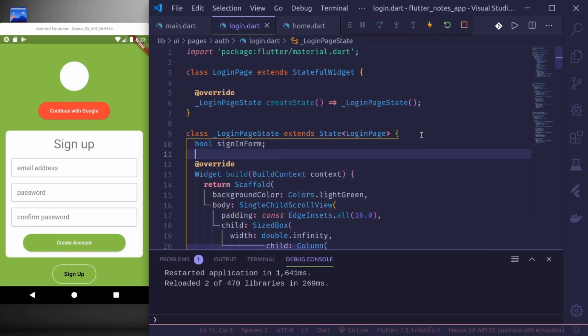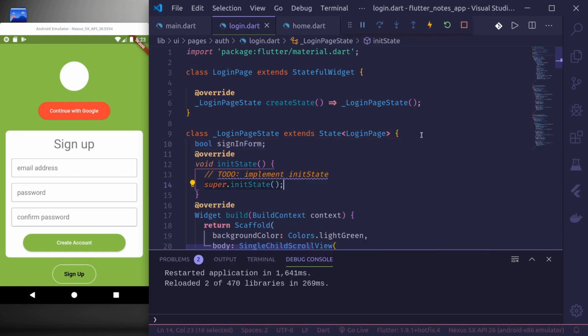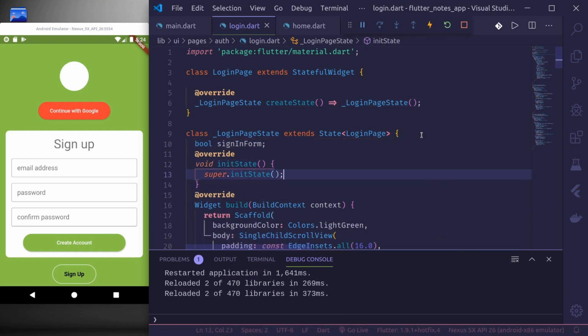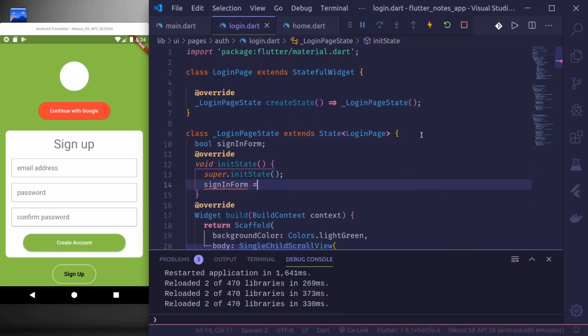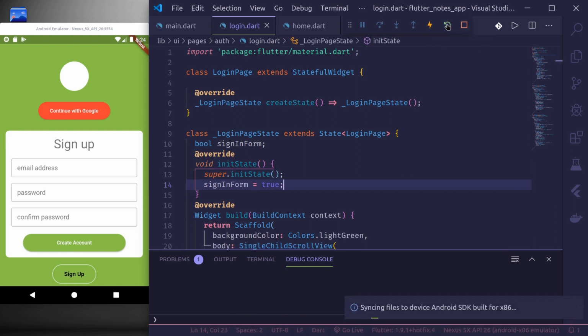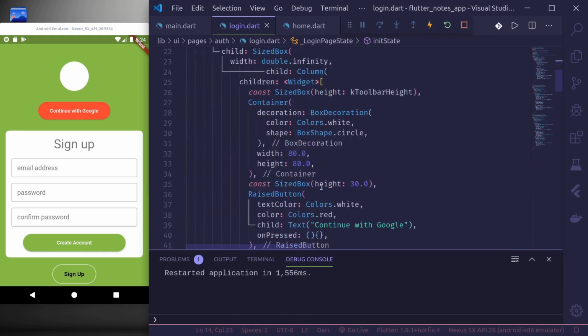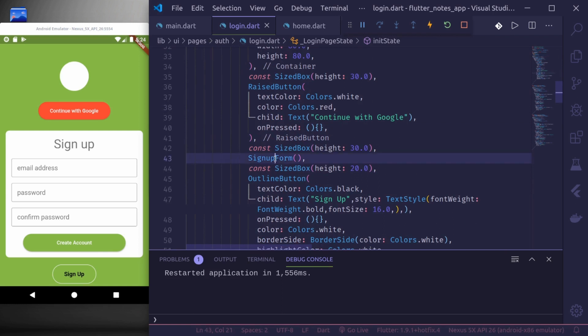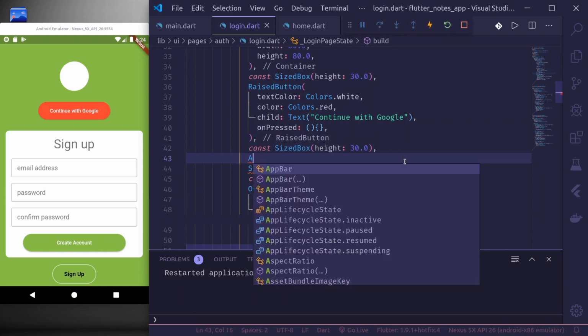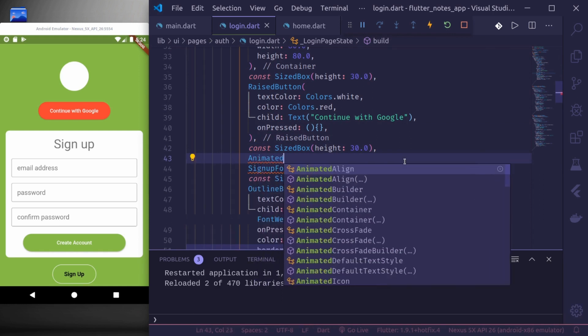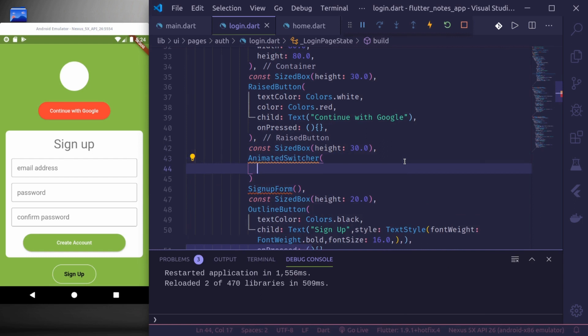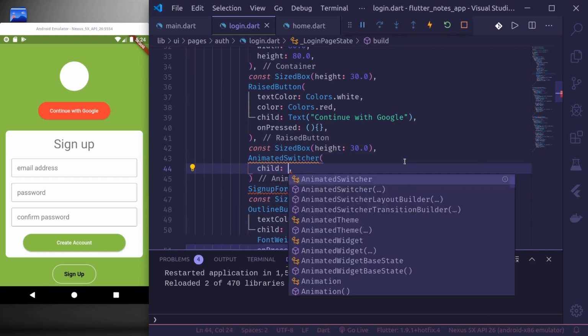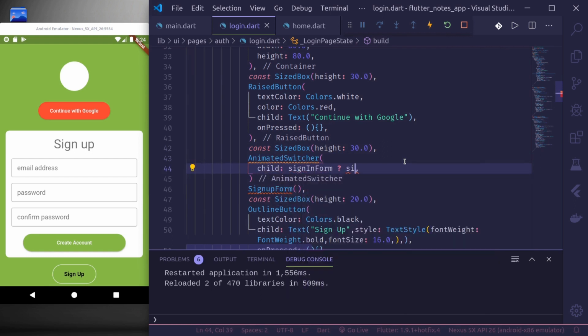Bool sign in form, and in init state, sign in form is equals to true. Again, let me hot restart. And here, instead of sign up form, I'll use the animated switcher widget, and this child should be, if sign in form is true, then